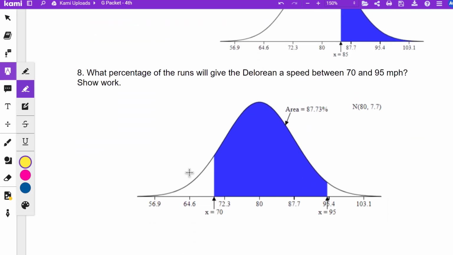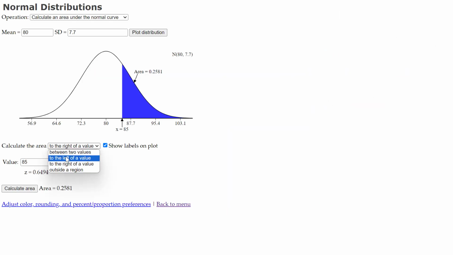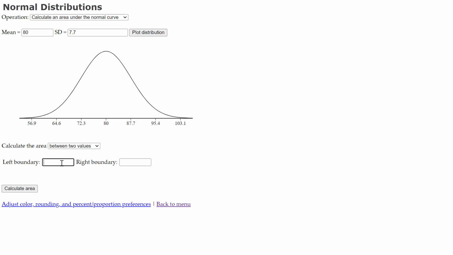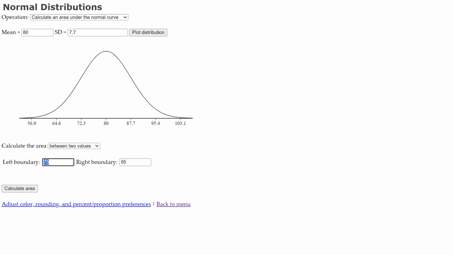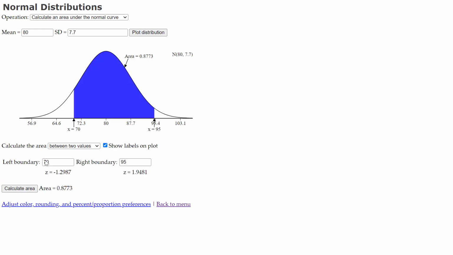Number 8, what percentage of runs will give the DeLorean a speed of between 70 and 95 miles per hour? So you go to your normal distributions, and now you can say between two values. What was it, 70 and 95? I thought it was 95, but I knew one of them didn't end in 5. And there you go. There's your area, 0.8773 or